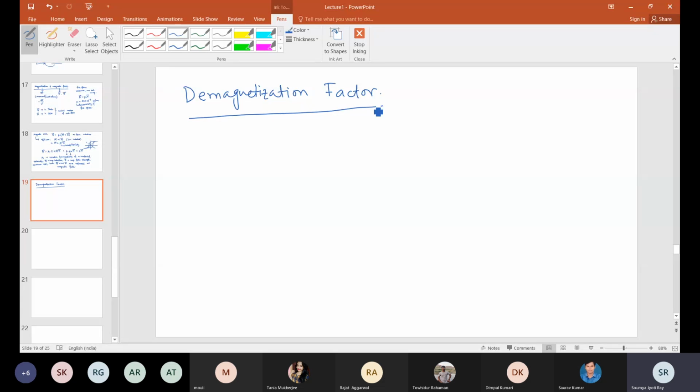Okay, so we have heard about magnetization, and this is something which is opposite to that. So what is it exactly?